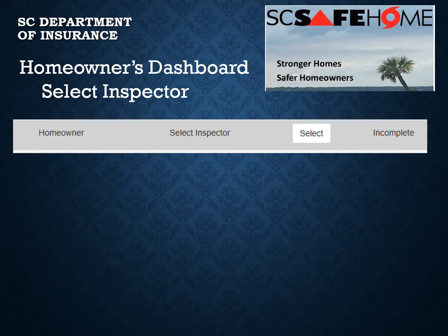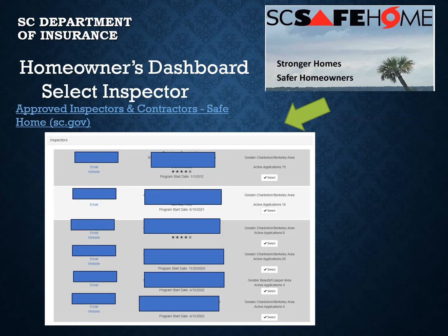The first task we will cover is Select Inspector. Click on the Select button. You will be presented with a list of all participating inspectors for the Safe Home program. You must select an inspector that is working in partnership with Safe Home because they have successfully attended training and testing by Safe Home. Just click on the Select button beside the inspector you request to contact you regarding your